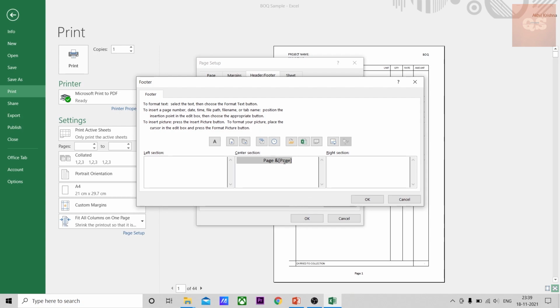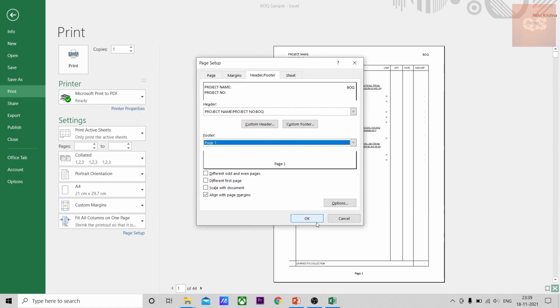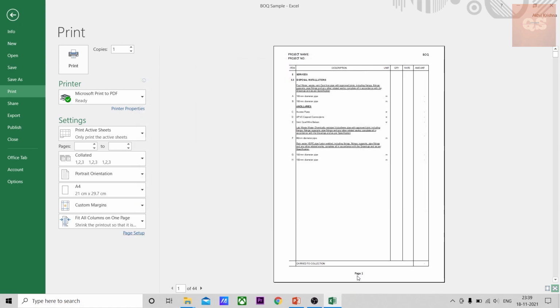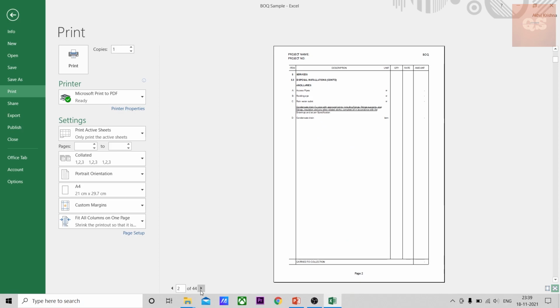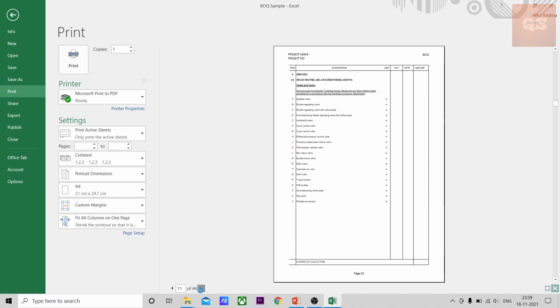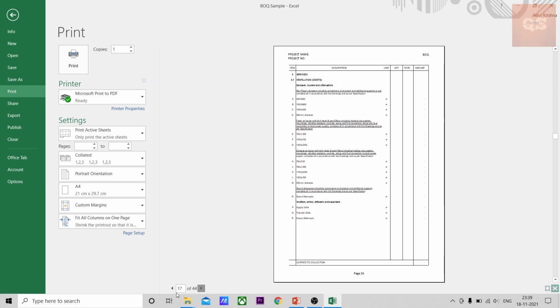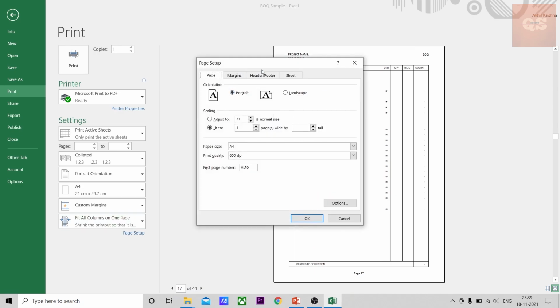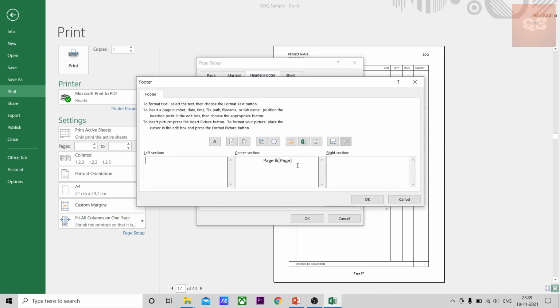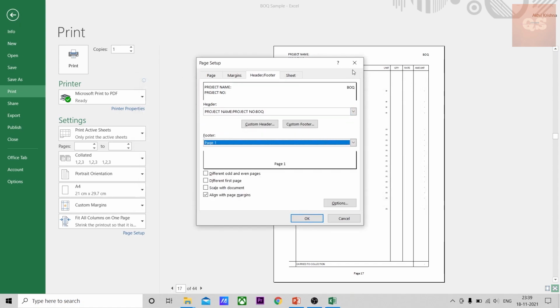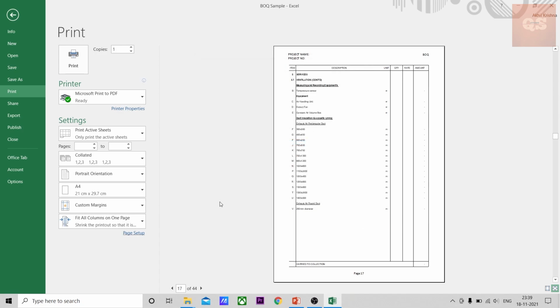If you put this formula, you can see that a page number is set for all pages and it is in sequence. Just this footer needs to be set with this formula and the pages will be put into proper sequence automatically. So make sure that this formula is put in before submitting it to the client.